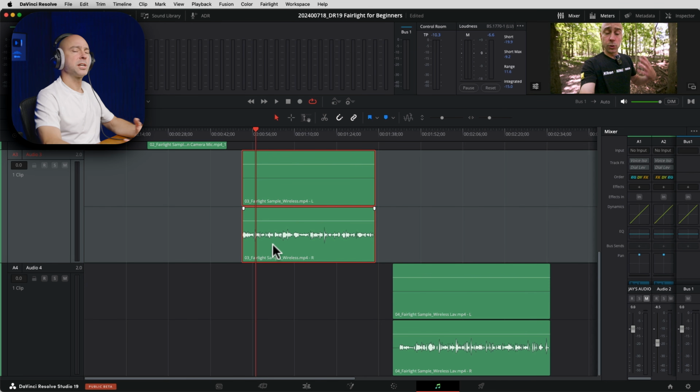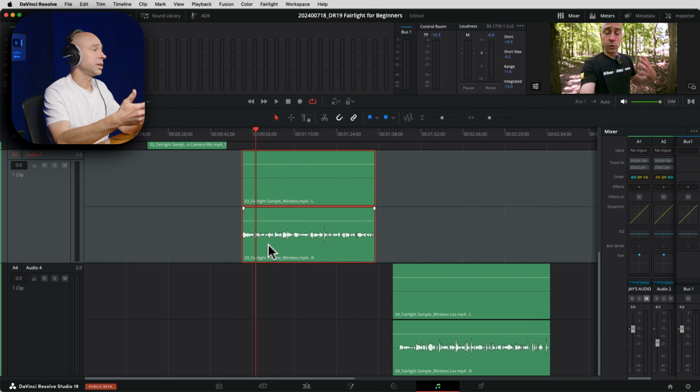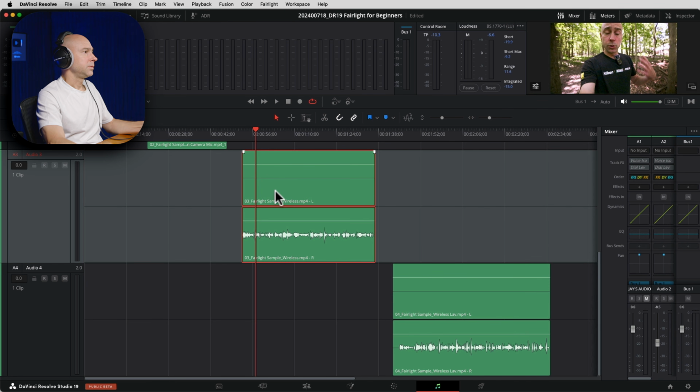The reason for that is because I was using a wireless lav. I kind of explain it in the video clip there. I can use 2 lavs that will record 2 people, one to the right channel, one to the left channel, and then I can use each one of those pieces of audio in Resolve. But in this case, I was only recording myself, so there was only 1 track recorded, which went into the right channel. I actually have a whole video that I just recently put out about working with this and how to fix it. I'll show you briefly how to do it in a little bit, but let's get to working with our EQ first,